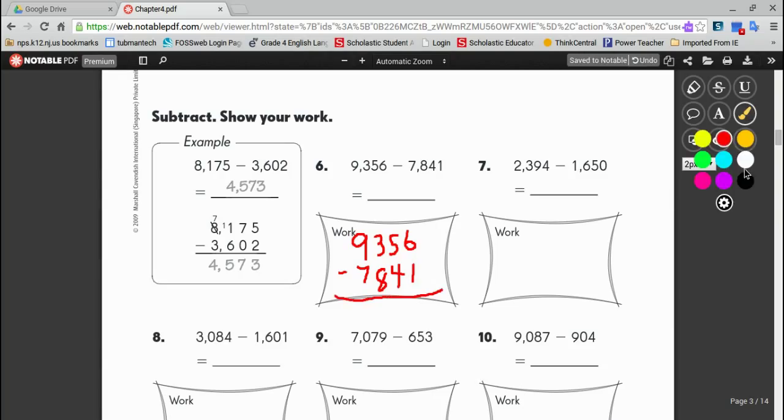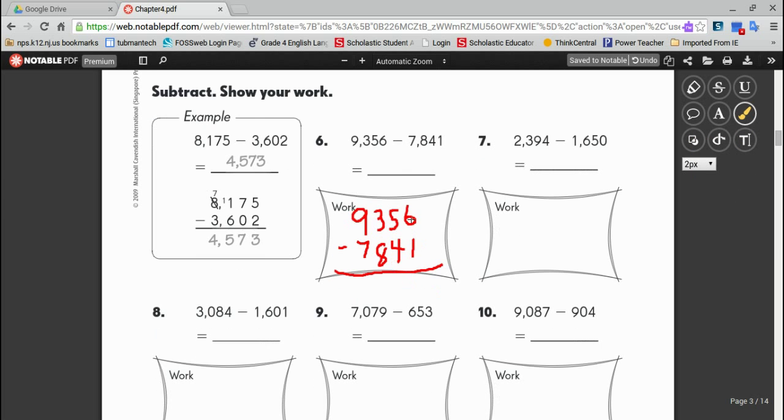Okay. Let's get started. Well, let's do our ones. 6 minus 1, well that's just 5. 5 minus 4, again these are my tens, so 5 tens minus 4 tens, well that's just 1 ten, or 1. 300, remember this is my hundred spot. 3 minus 8, or 300 minus 800, and I know I can't do that because 3 is smaller than 8,